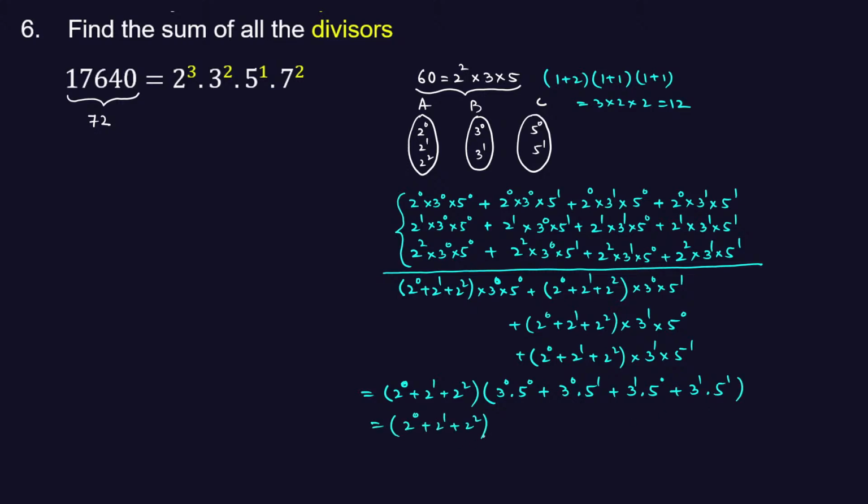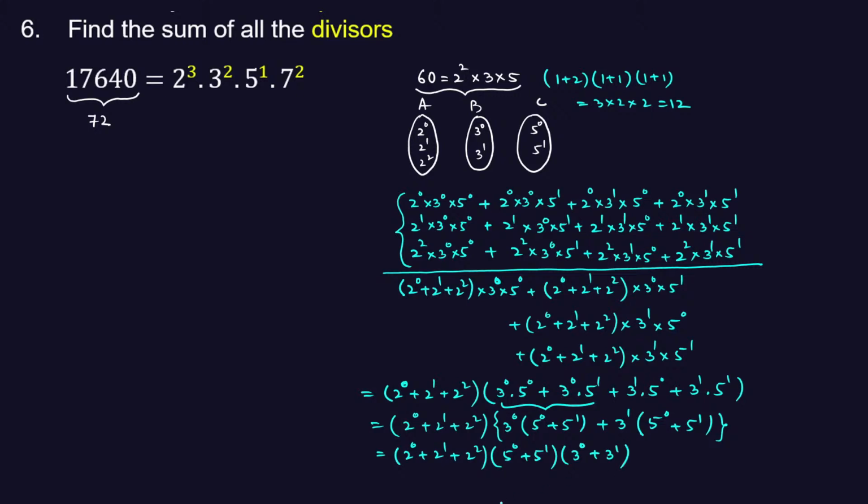So in this case, again, from this 2, if I take 3 to the power 0 common, we are left with 5 to the power 0 plus 5 to the power 1. Plus 3 to the power 1, if I take common, we are left with 5 to the power 0 plus 5 to the power 1. Now let me take common 5 to the power 0 plus 5 to the power 1. We are left with 5 to the power 0 plus 5 to the power 1 into 3 to the power 0 plus 3 to the power 1. That's it. Is it clear? So what we have seen, when the exponents are 2, 1 and 1,